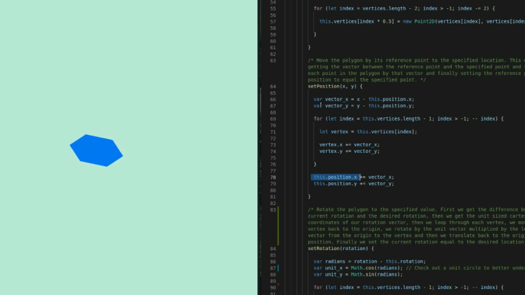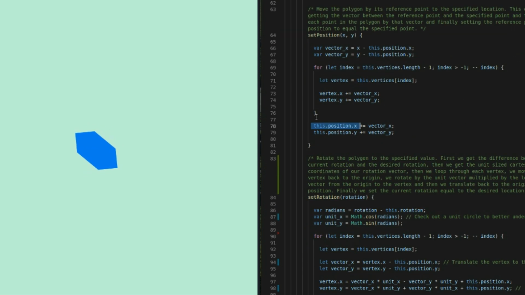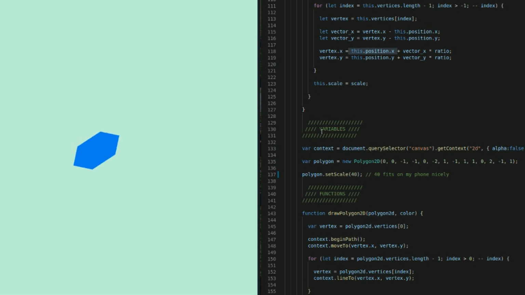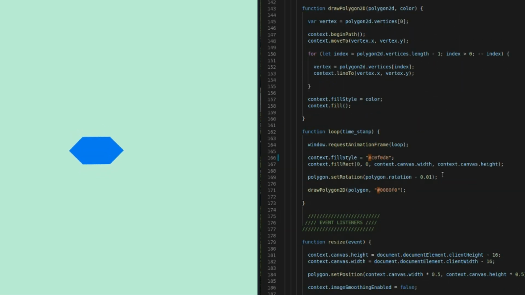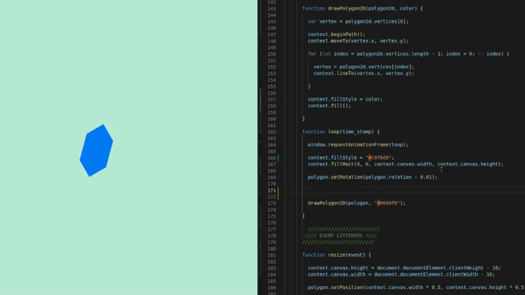We just get the distance between the desired location and the current location, and we then loop through each vertex or each point in the polygon, we add that amount to it, and finally we have to remember to add that to the registration point as well. So now let's see this function in action so you can understand how it's working. I'm going to go down to the game loop. If I can find it here, the game loop right here. And I'm just going to come in, I'm going to say